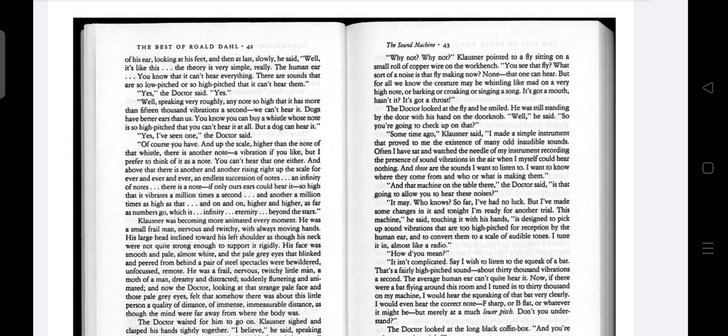Now, if there were a bat flying around this room and I tuned in to 30,000 on my machine, I would hear the squeaking of the bat very clearly. I would even hear the correct note, F sharp or B flat or whatever it might be, but merely at a much lower pitch. Don't you understand?